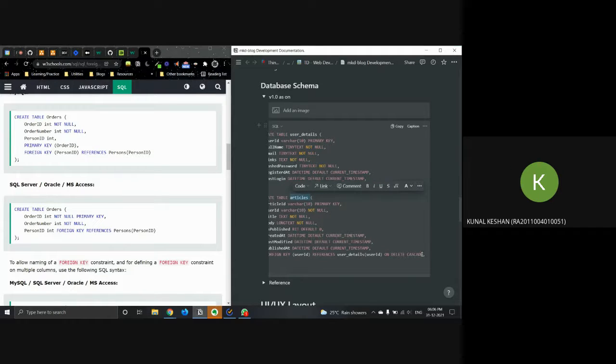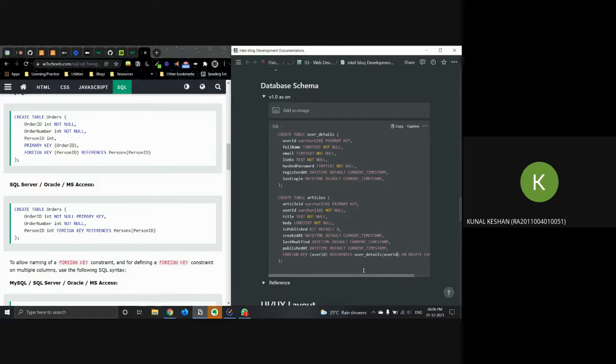So what this command does is, whenever there's a deletion of that particular primary key in the user details table, all the foreign keys associated with the same user ID will be deleted. Does it make sense? Yes. Alright.